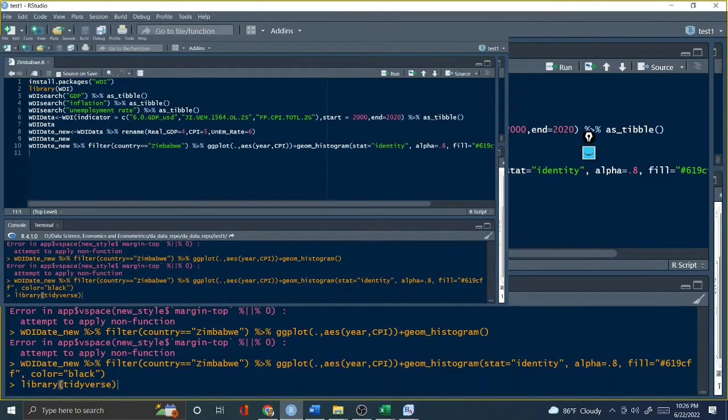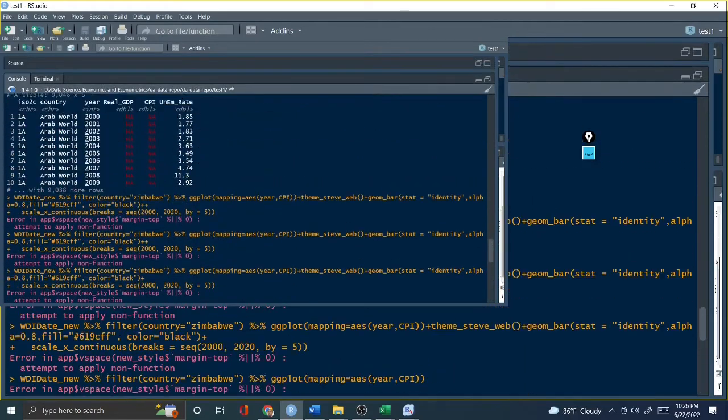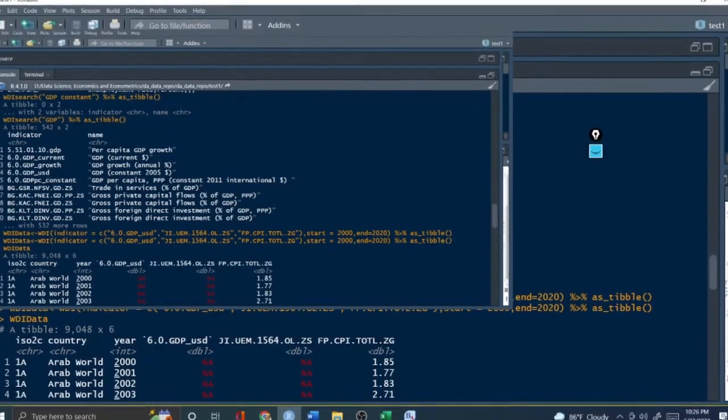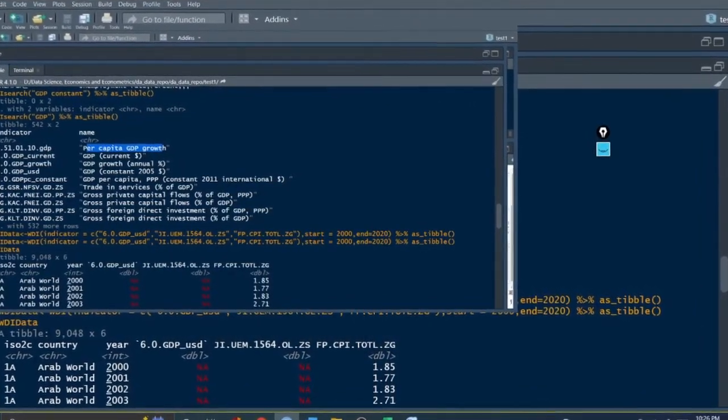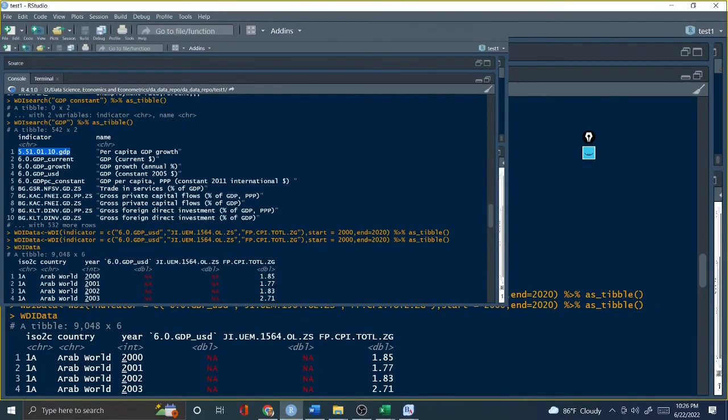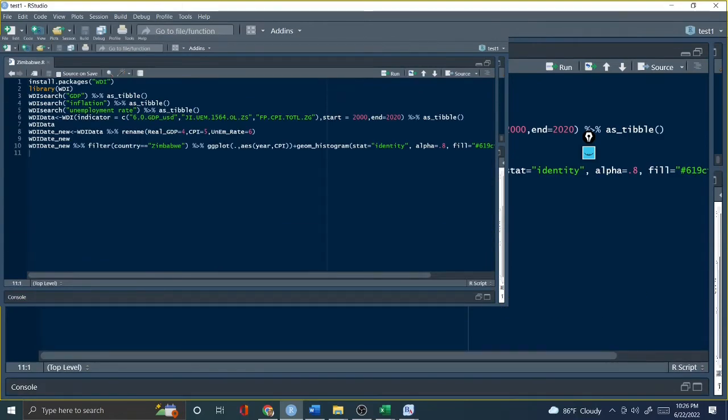Remember, I told you this one is your indicator value. For example, here you see that the GDP, this is the GDP value. So per capita GDP, you cannot write per capita GDP, you have to write this indicator value. Okay, R programming will understand this indicator value, not per capita GDP. You do not need to write this one, you need to write this one. Okay, now once you write all those information associated with the variables GDP, inflation, unemployment here, then nothing more than that you have to do is make a data frame by table, tidyverse data frame, and then you